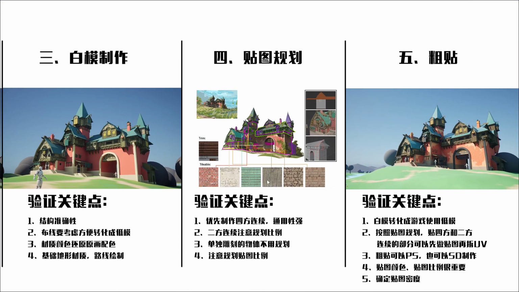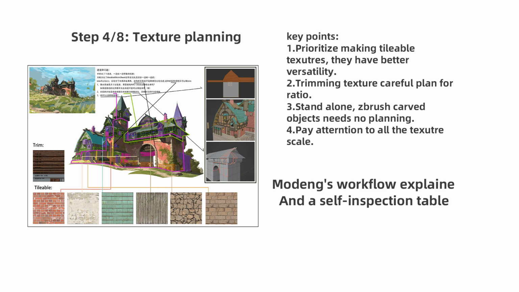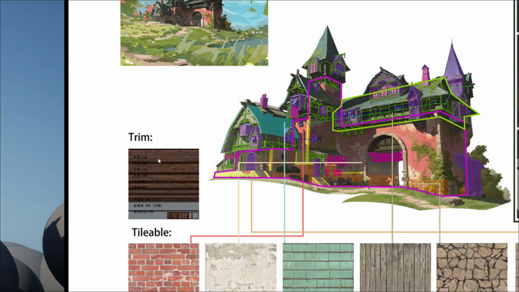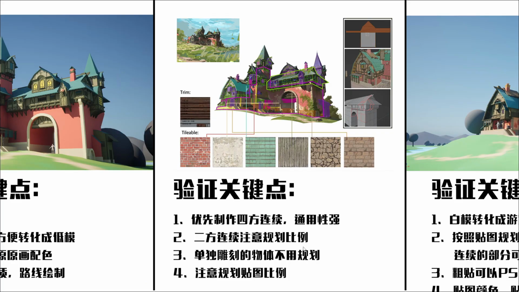Prioritize seamless tiling whenever possible. Create seamless or half-seamless tiles first. Half-seamless tiling, the trim sheet texture from our course. Second, for half-seamless tiling, plan the aspect ratio carefully. We covered this aspect ratio in the course. How many different aspect ratios do you actually use? Plan accordingly. Third, for individually sculpted objects,